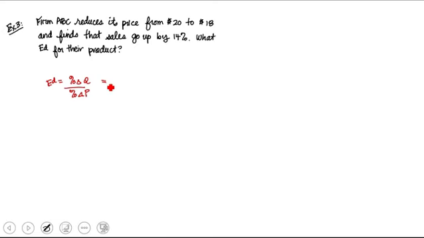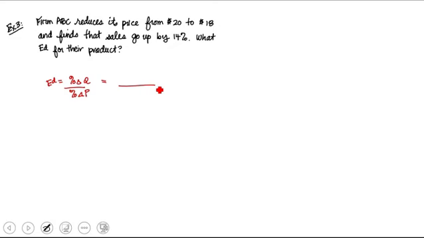Negative 1.4. 1.4? Somebody else got 1.4? Everyone got the same answer? Okay, I'm not sure I believe you, so let's make sure. All right, so